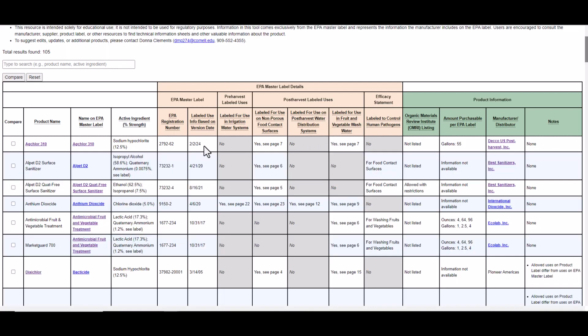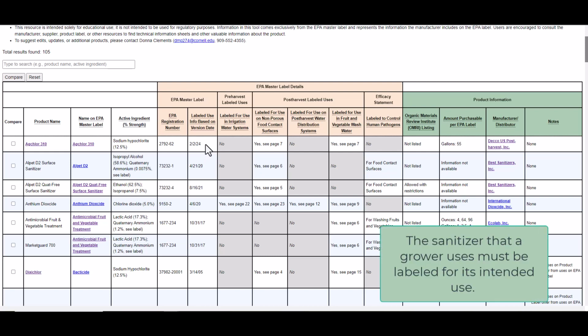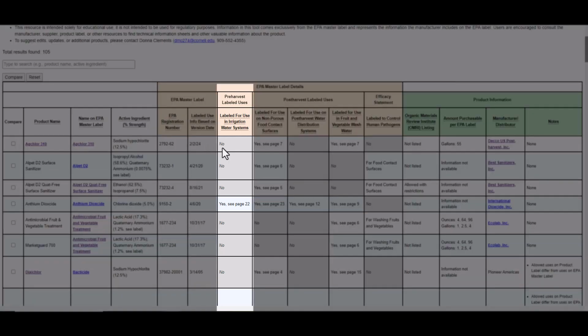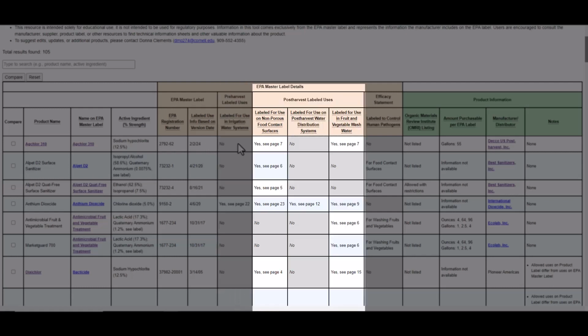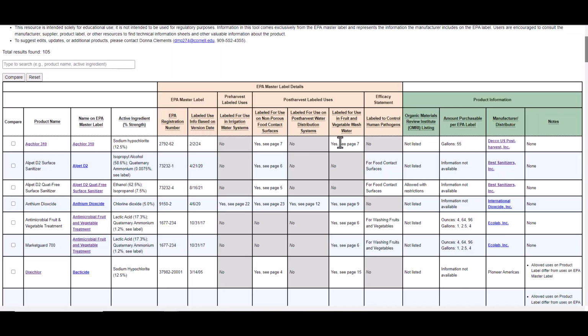The remaining categories summarize the labeled uses and efficacy statements for the sanitizer. The sanitizer that a grower uses must be labeled for its intended use. The pre-harvest labeled uses category lists pre-harvest uses such as irrigation water systems. Post-harvest labeled uses list products labeled for non-porous food contact surfaces, post-harvest water distribution systems, and fruit and vegetable wash water. If a product is labeled for that use, we list the page number where the instructions can be found